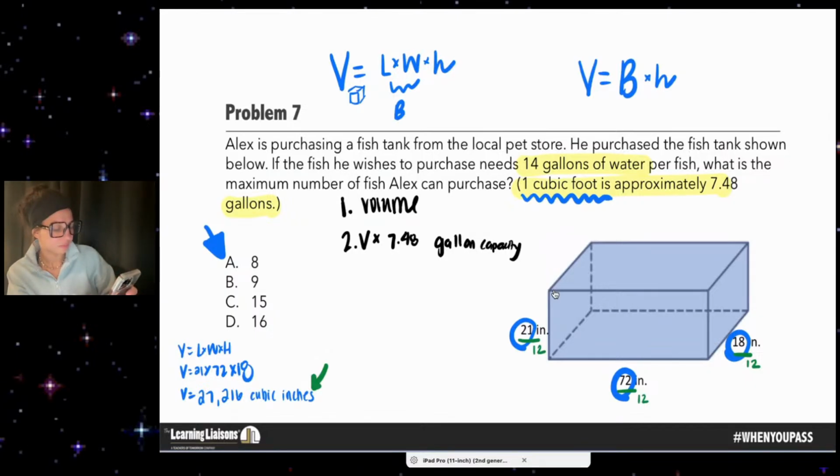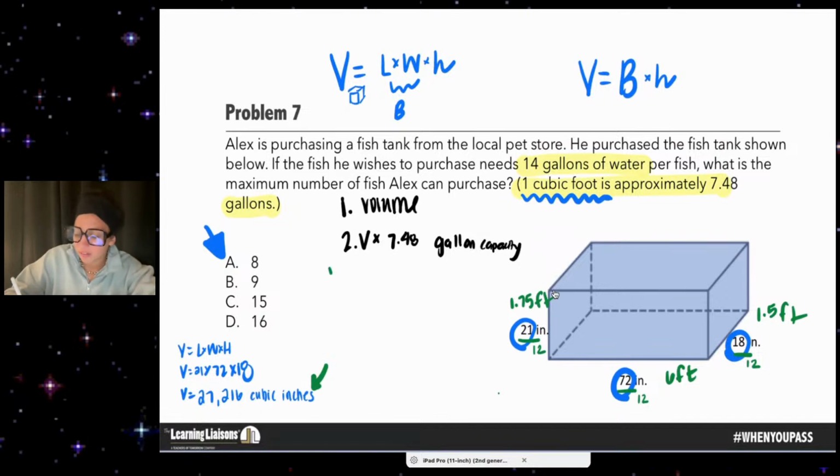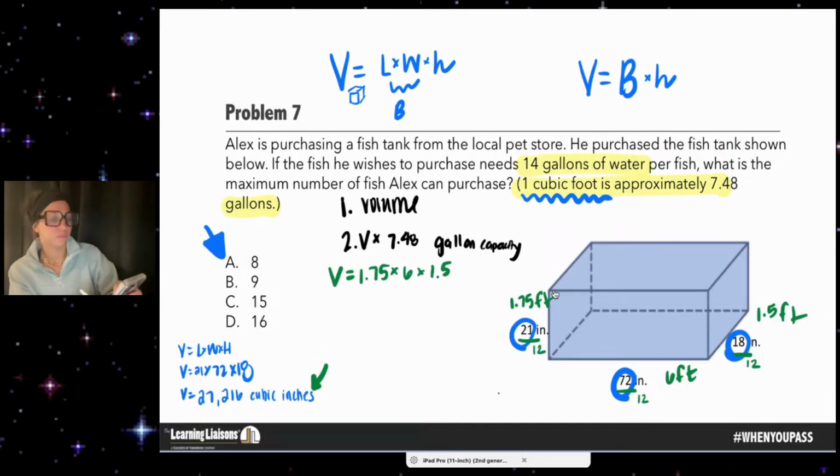So 21 divided by 12 is 1.75 feet. 72 divided by 12 is 6 feet. And 18 divided by 12 is 1.5 feet. Now I'm going to find the volume using my feet measurements. 1.75 times 6 times 1.5, and that equals